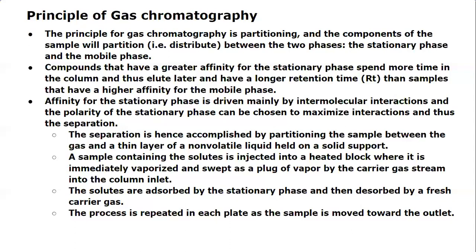So how do we introduce the sample? We introduce the sample by injection. A small amount of liquid or gas is introduced into the heating chamber, where it is heated and vaporized, and those vapors enter the mainstream through the plug, and there they couple with the carrier gas. Thereafter, the sample along with the carrier gas is introduced into the column.